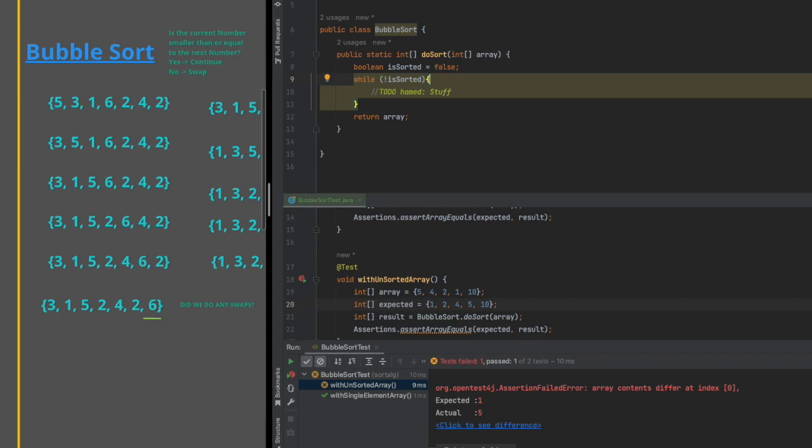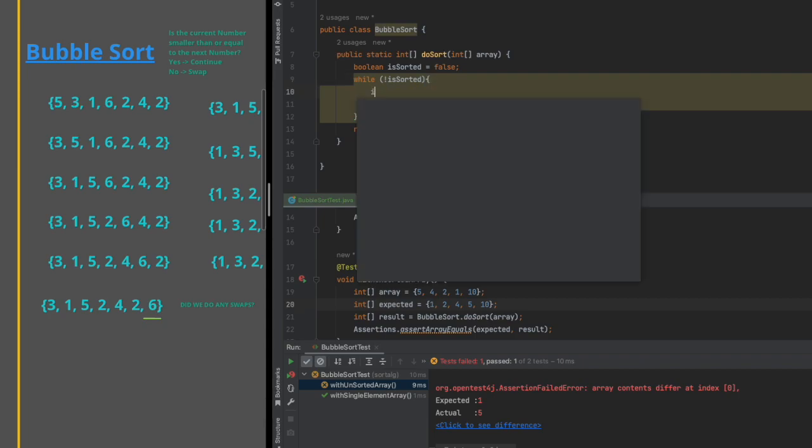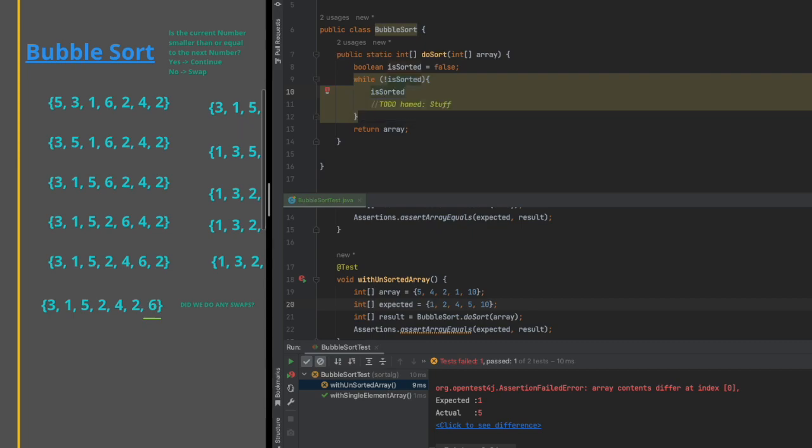We're going to traverse with all the checks. We want to check the whole array. So tentatively, I'm going to set isSorted to true,